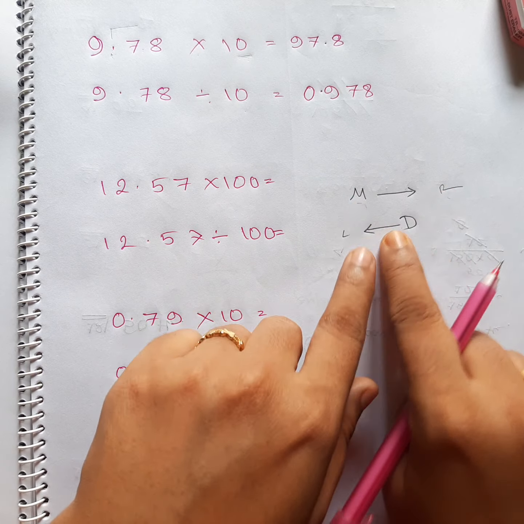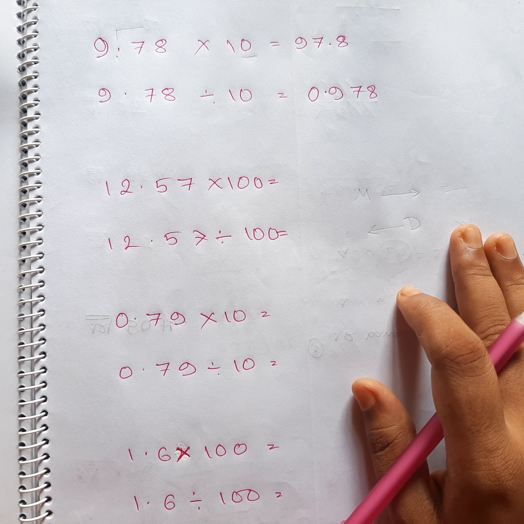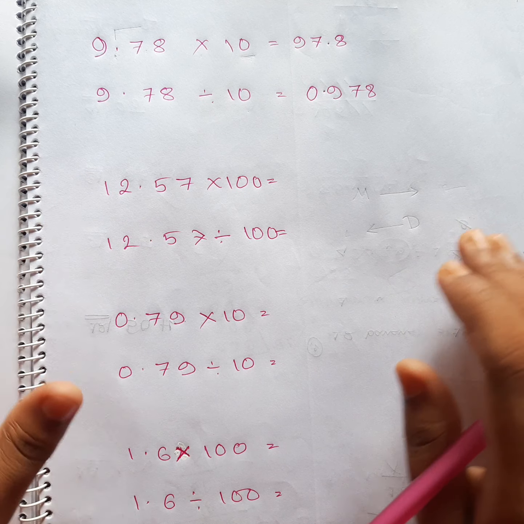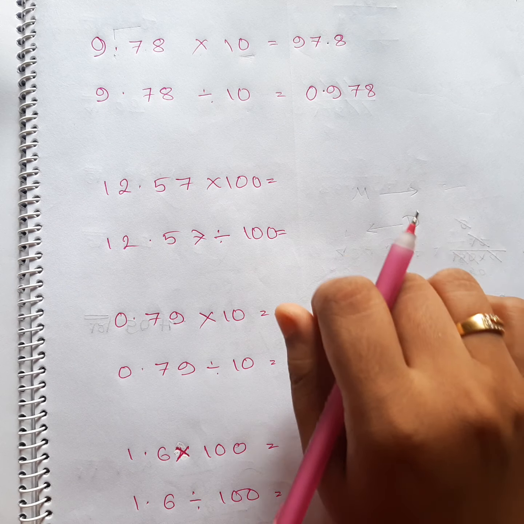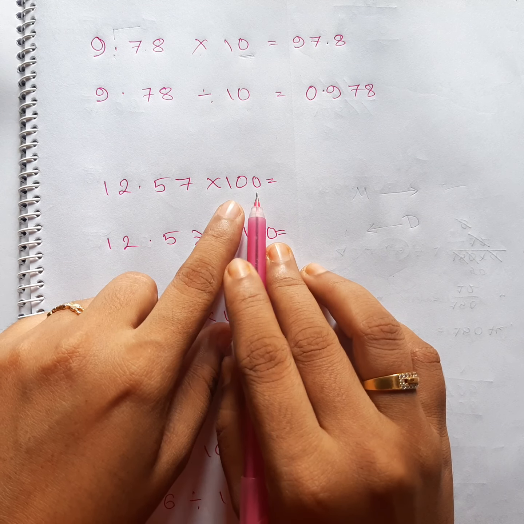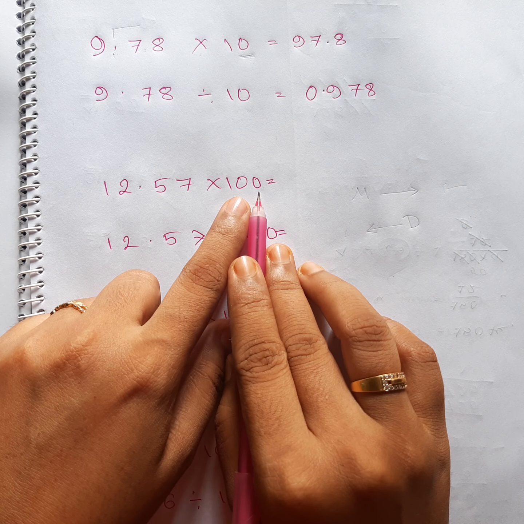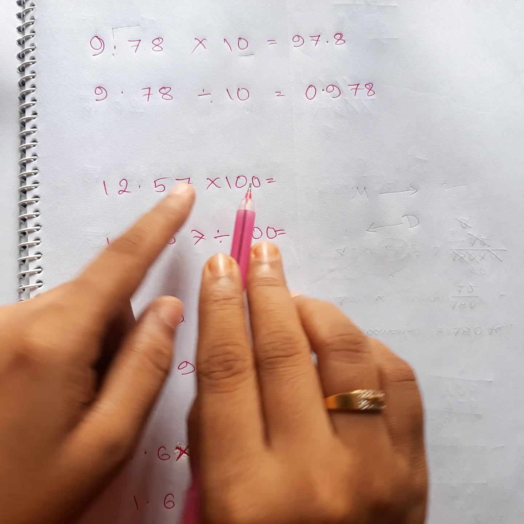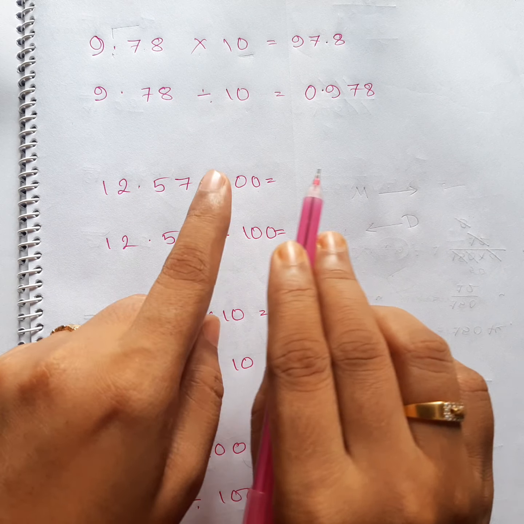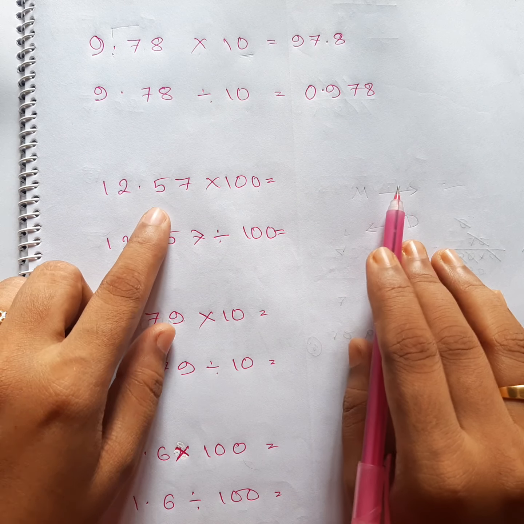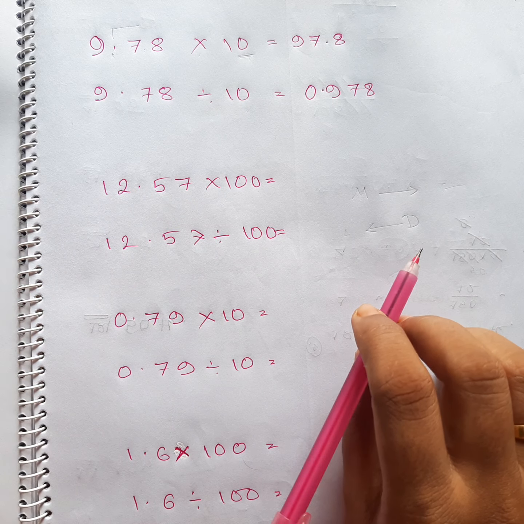So now I'm going to just erase that part. I have erased that part. Now you can see that we have 2 zeros. Remember, we are moving the decimal, multiplication on right side, division on left side. Don't forget that part, okay? This is a very important part.